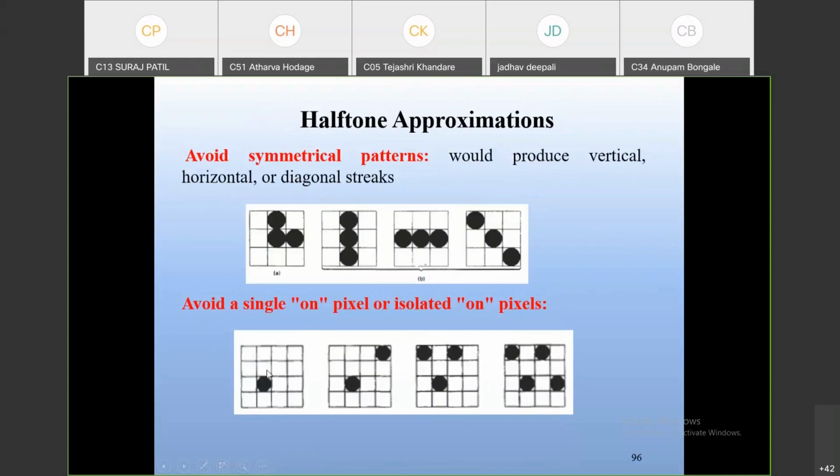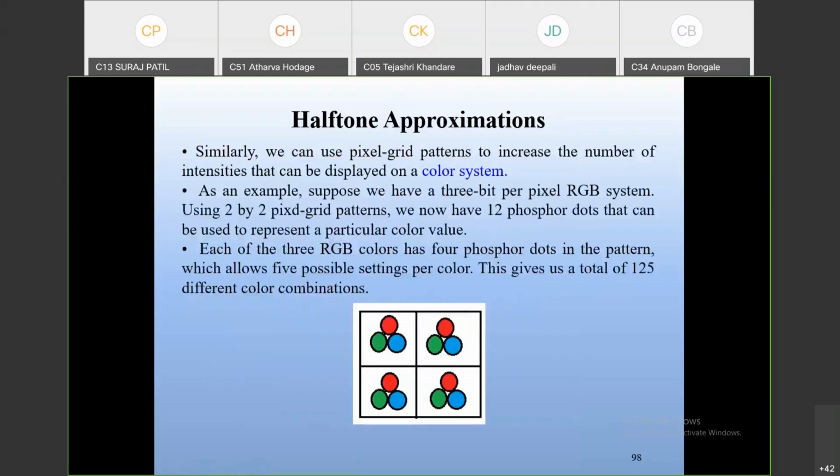After this, select this one, this one, this one, which are nearby, as we have seen in the seed fill algorithm. So avoid a single on pixel or isolated pixel. This is not done in halftoning. The pixels are selected in sequence. That is about black and white.